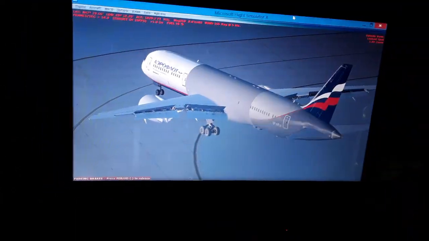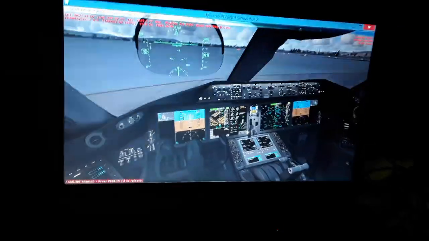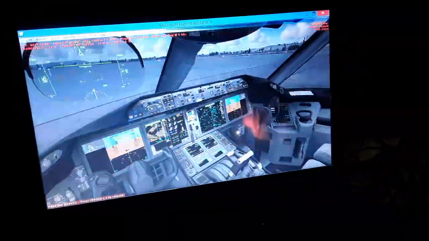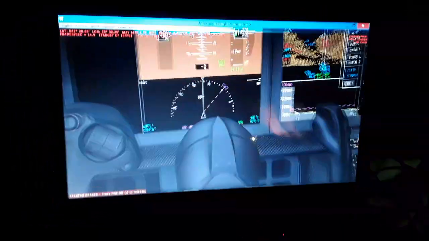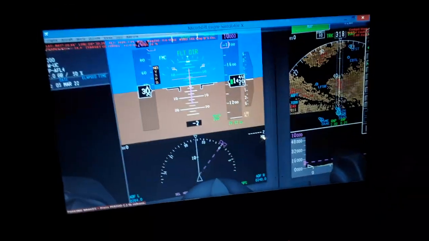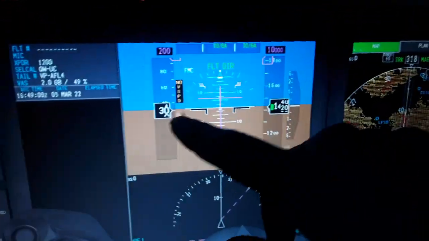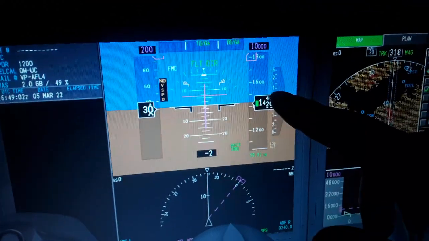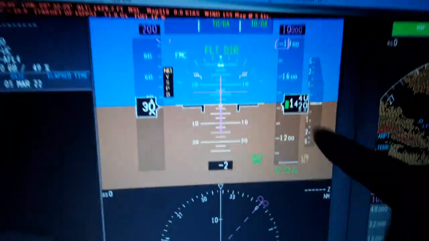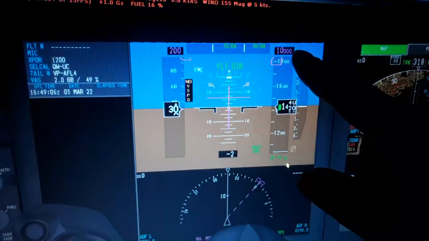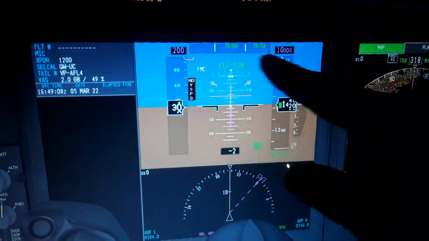So I'm gonna show you also the outside view, the aerodynamics of the aircraft. Also here the cockpit, one by one, all the instruments. So you can see here we have the primary flight display with the HSI. We have the indicated airspeed, the airspeed selected from the autopilot flight director system panel, the barometric altitude above sea level, the target altitude from the autopilot flight director system panel, the flight mode